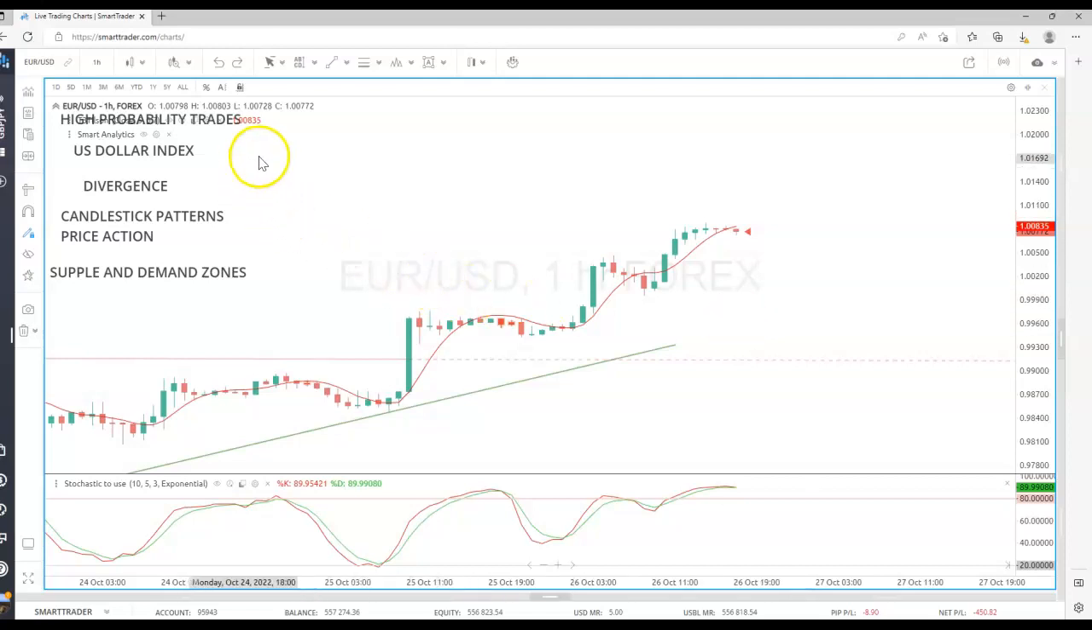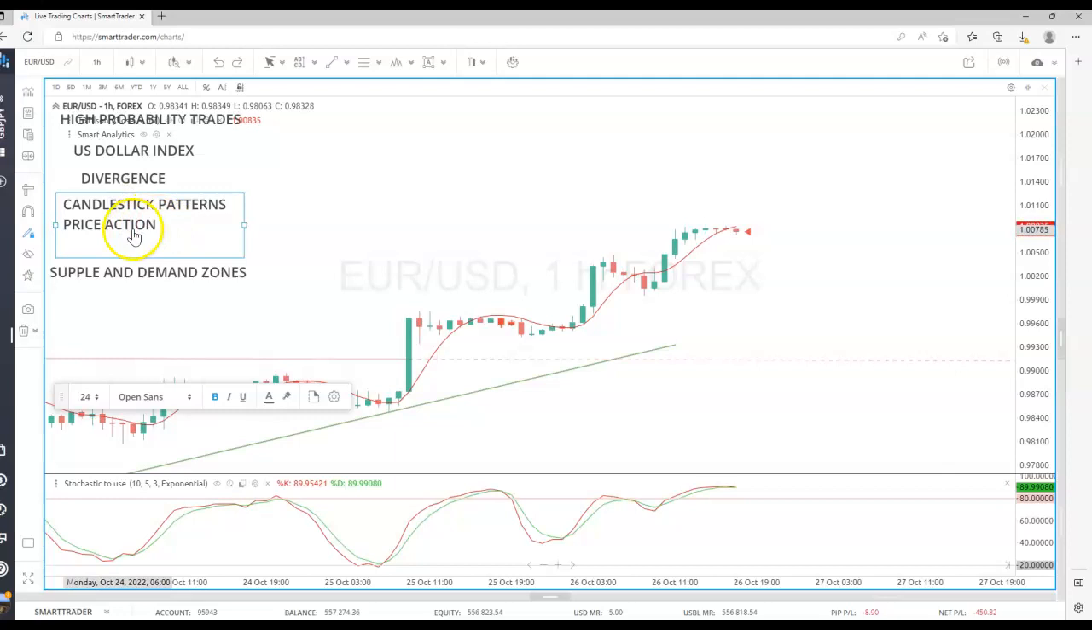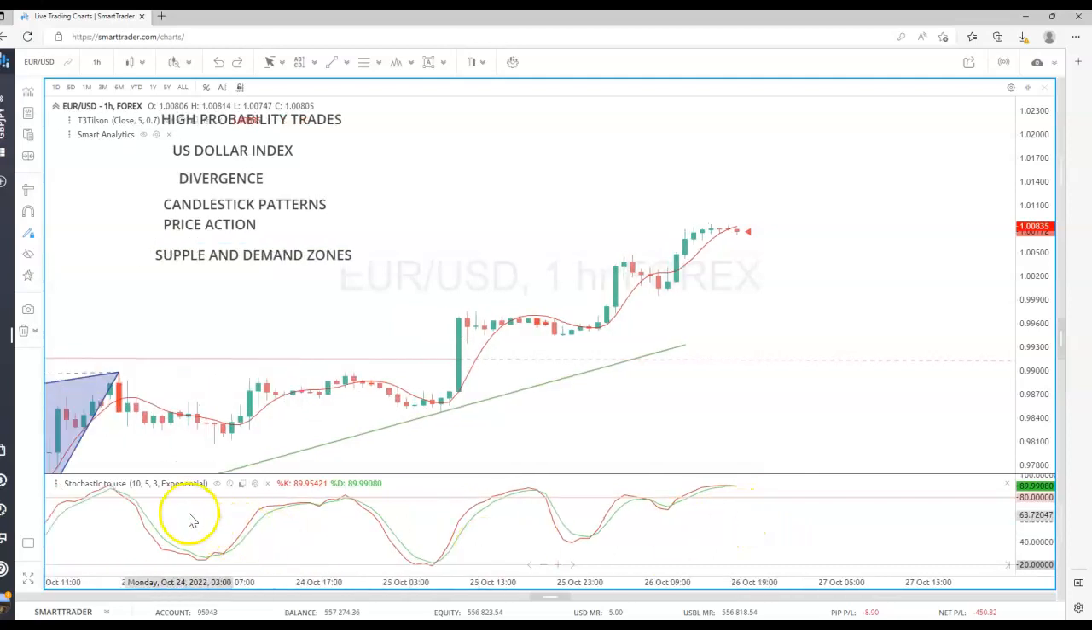confirmation. What you see here, we're going to be going over the US dollar index, divergence, candlestick patterns, or commonly known as price action, supply and demand zone, and we're going to be using the stochastics indicator. I have it set at 10, 5, and 3. So